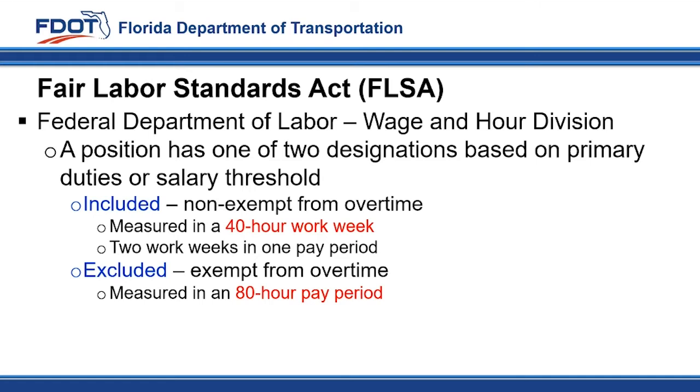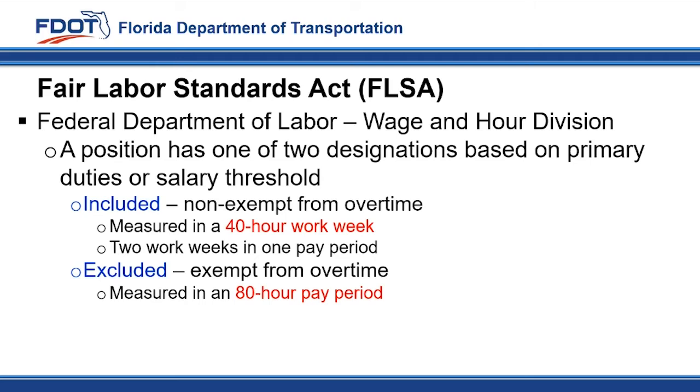Employees who are in excluded positions are not eligible to receive payment for hours worked over 80 within the pay period. When coding your timesheet, it is important to know your FLSA designation, as that may impact what type of leave you may be eligible for when certain agency activations, Department of Management Services rule provisions, or governor executive orders